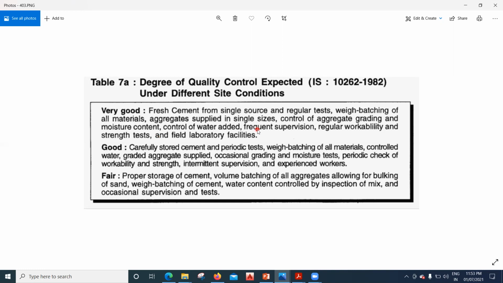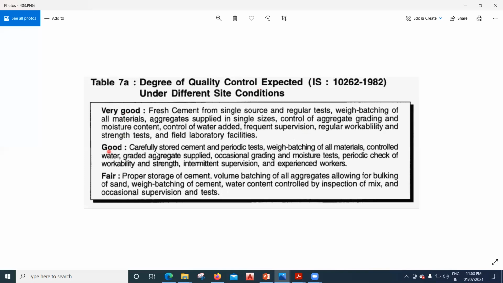That means if you are working in some big companies, we have certain quality control checks. Every time the concrete comes to the site, we will be doing the slump test, and we will have a field laboratory to carry out the compressive test also. Then frequent supervision will be done: the contractor will check once, then the client checks. Sometimes we also involve the PMC people, project management consultant, a third party, who also come and check. So here the quality control is expected to be very good, which is why it is written very good here.